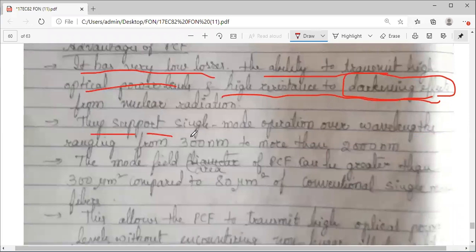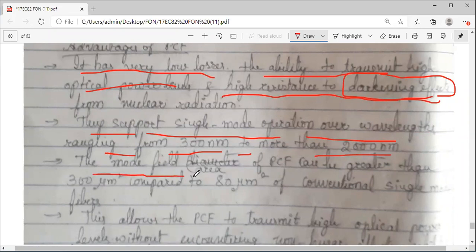Then they support single mode of operation over the wavelengths ranging from 300 nanometers to more than 2000 nanometers. This is the wavelength range that they support for single mode operation. Then the mode field area. We have seen what MFD is in the previous sessions. MFD is whatever field is concentrated, the modes of a circular waveguide, the optical fiber. They are concentrated mostly at the core with some tapering into the cladding.